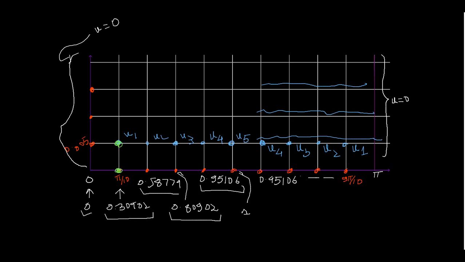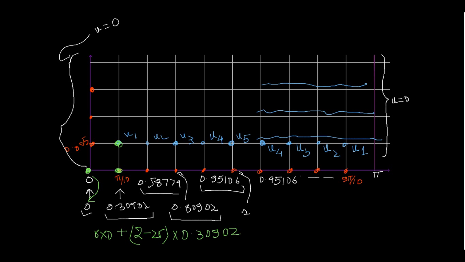We go to r into this, meaning r into 0. So at this point it will be r into 0 plus 2 minus 2r into this into 0.30902